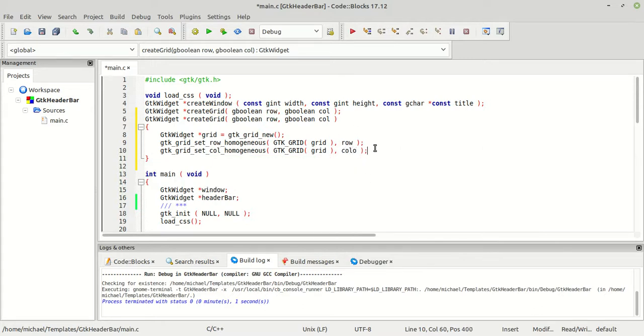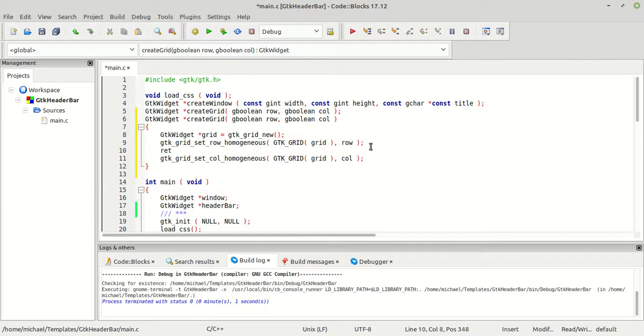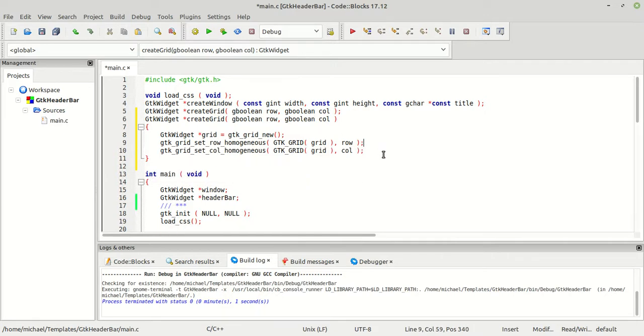And once that we are done with it, we are going to return it, not here but here,